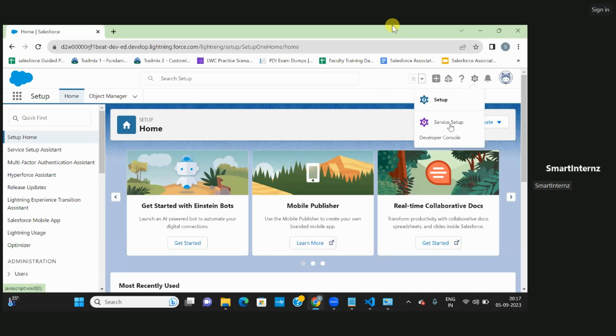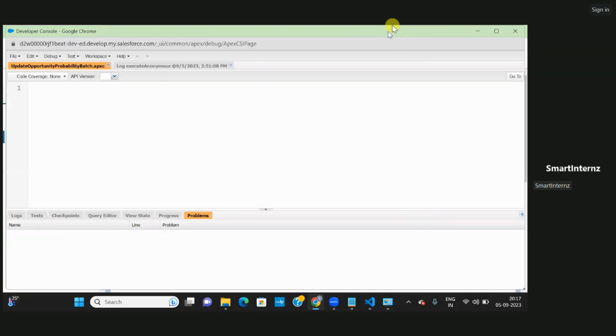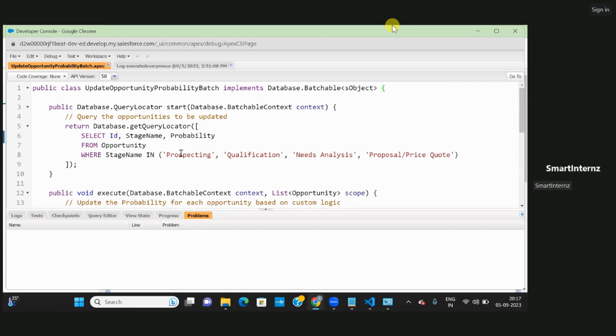Okay, going to developer console. There is no change. So here you can see, if I can show you here,